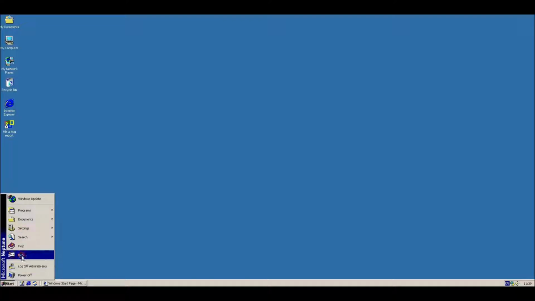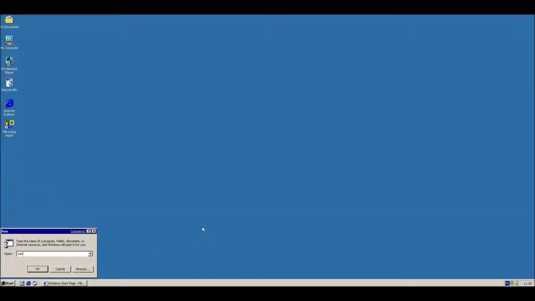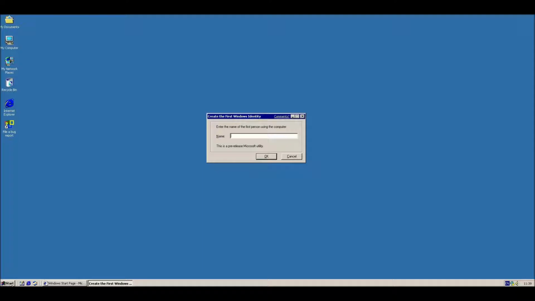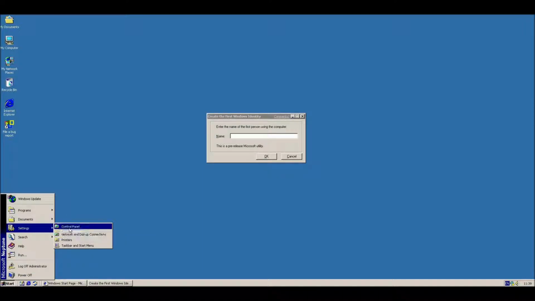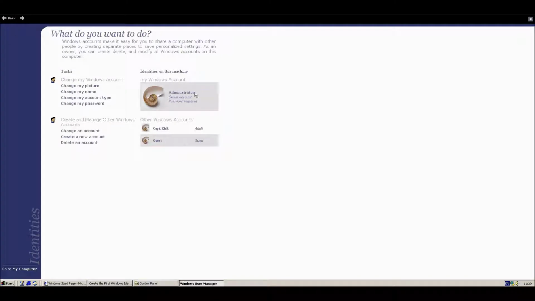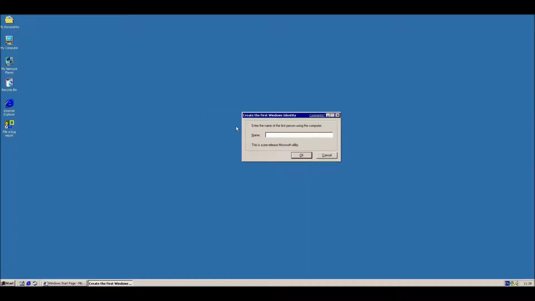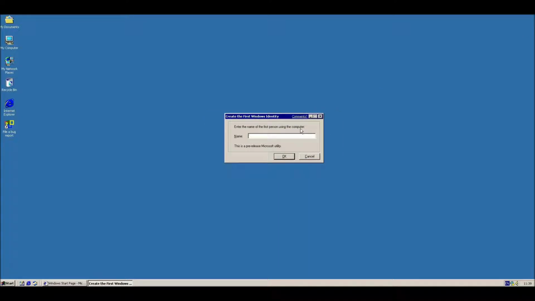And one other thing as well, I believe I mentioned this at the beginning of the video. Now this is join.exe, which comes up with this thing called create the first Windows identity. Now this is curious because if we go back into settings really quickly, you'll notice that this is also called Windows Identities, the user account management system there. I think it was probably part of the Windows out-of-box experience, but something weird happened and then it ended up showing on first boot, so strange. So yeah,